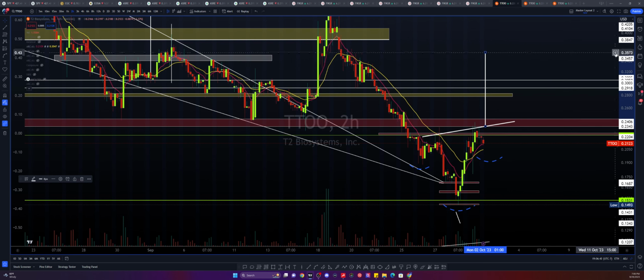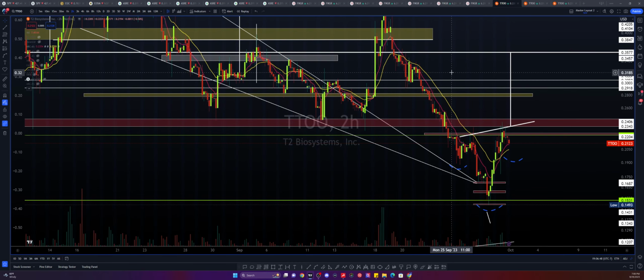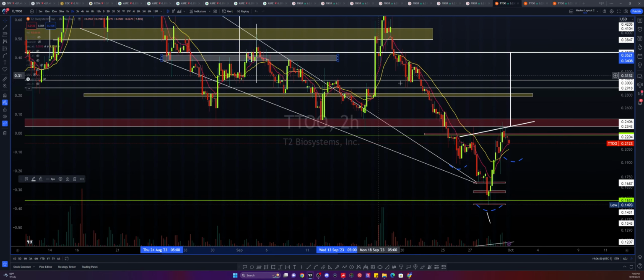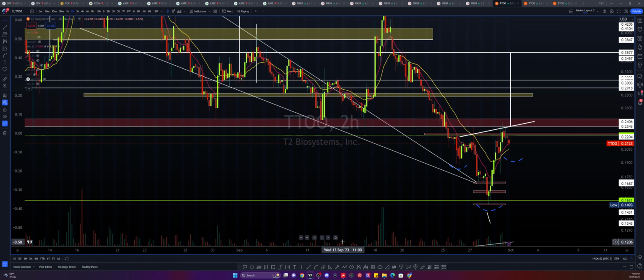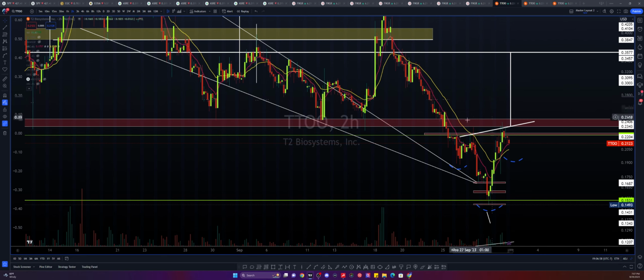That's 35.78. Let me see if I can get close to that. 35.77 is good enough. All right, so we're gonna mark that off there, and I actually see already what the range can be, right? So let's go ahead and note that down. I'm gonna get rid of these previous lines because I feel like we're gonna need a fresh start,